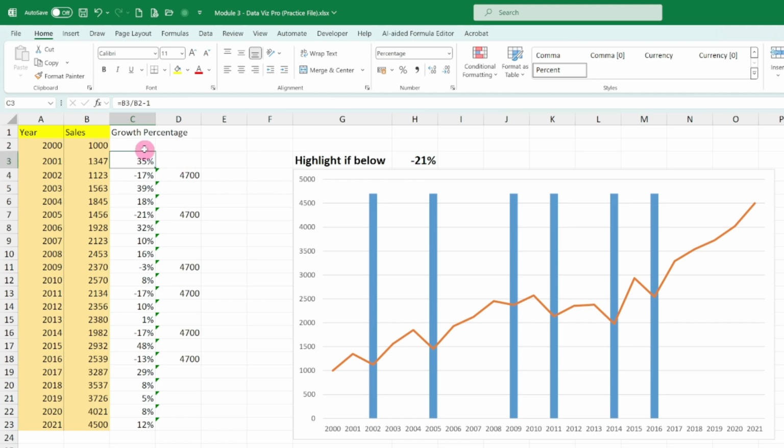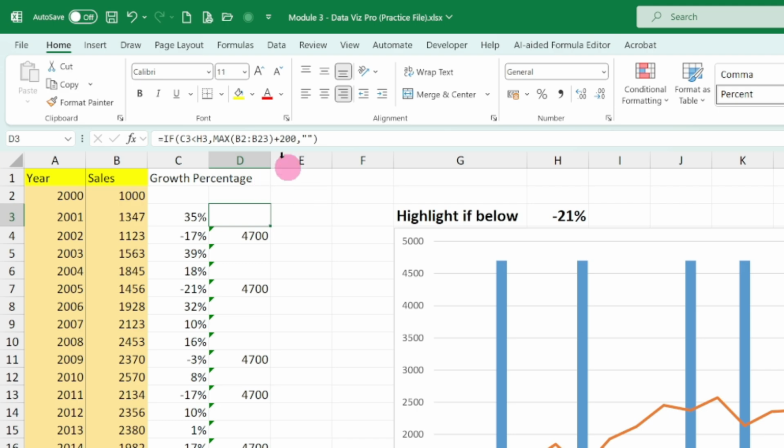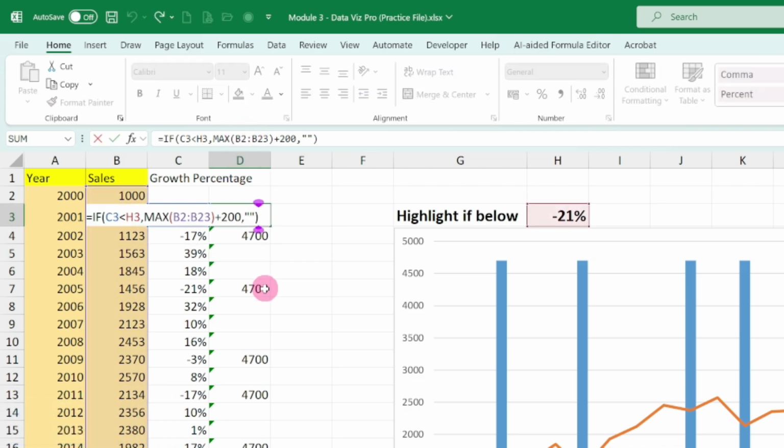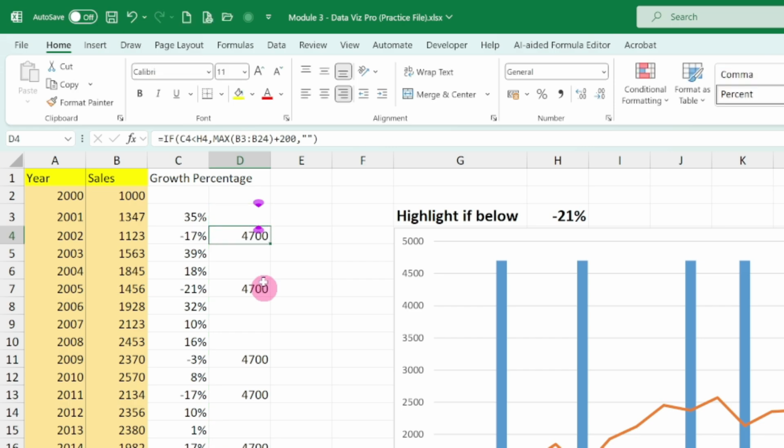So we missed freezing the reference. We missed freezing this one. See, it is B2 to B23. The next one is B3 to B24. This one, see the range here, B4 to B25. So every time we drag this one, the range is being shifted. So to avoid this, what we need to do is